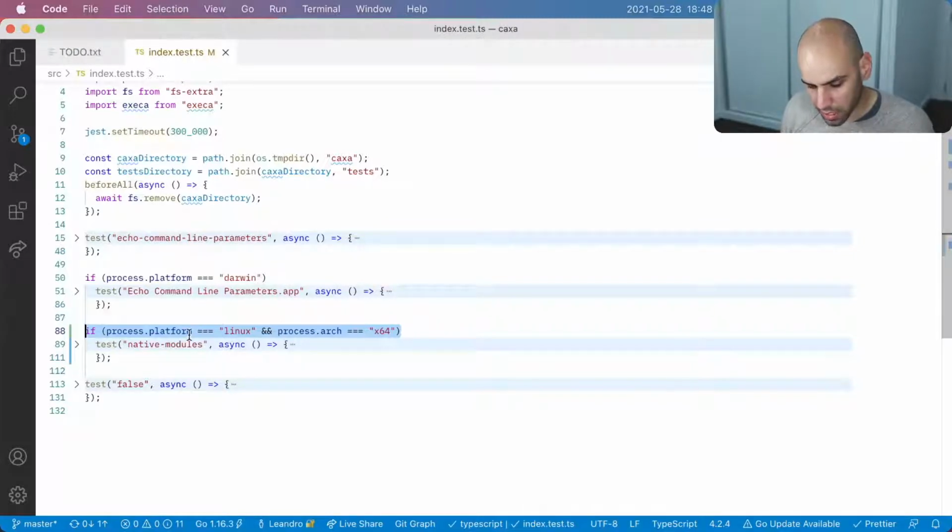So if the platform is Linux, or maybe different from Linux. No, what I actually want to do is, if the platform is Linux and the architecture is ARM, or the architecture is ARM64, so either ARM or ARM64